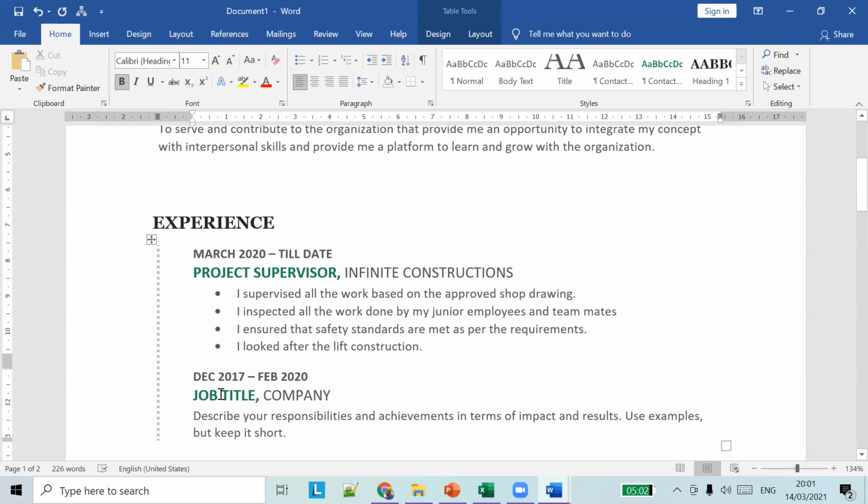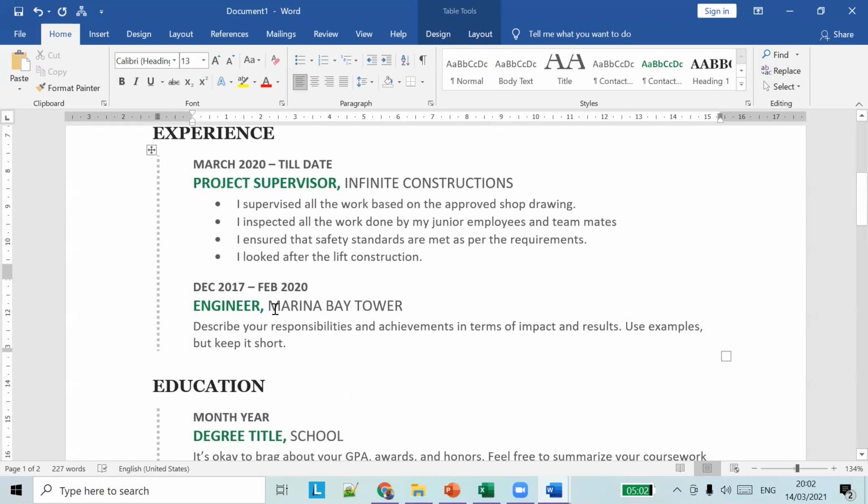The job title could be maybe engineer. Then we have to give the company name, which could be anything, maybe Marina Bay Tower or something. And now we can add our responsibilities here.